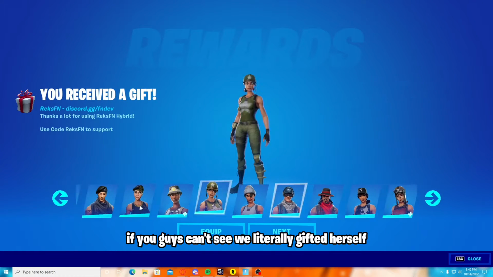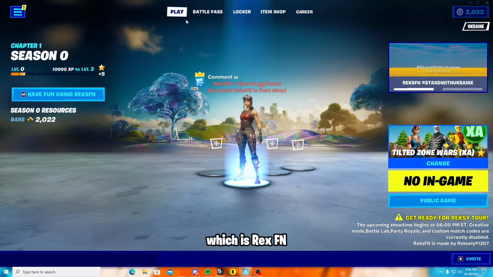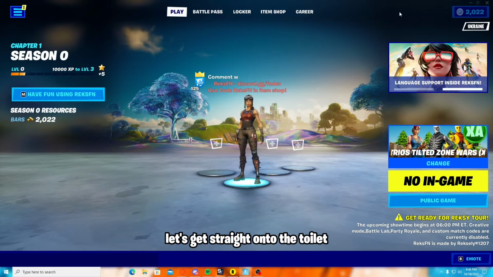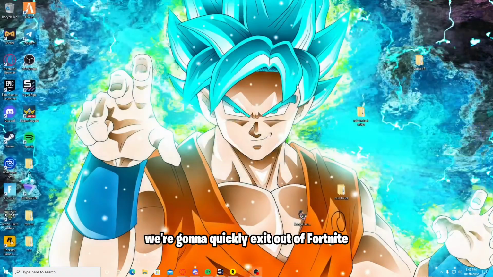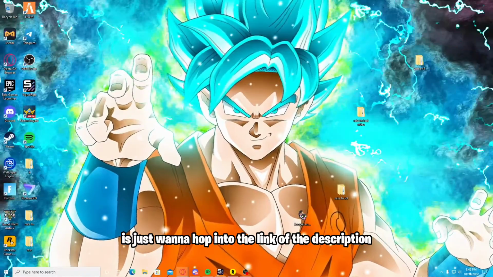Alright guys, if you can't see, we literally gifted ourselves every single skin using this Fortnite dev account, which is RexFN. But without further ado, let's get straight on to the tutorial. Like I just said, we're gonna quickly exit out of Fortnite. And now what you want to do is hop into the link in the description,